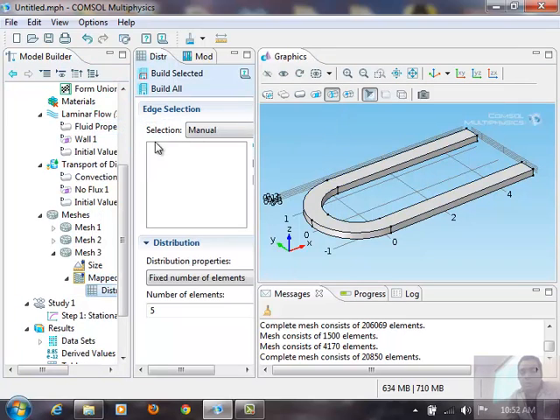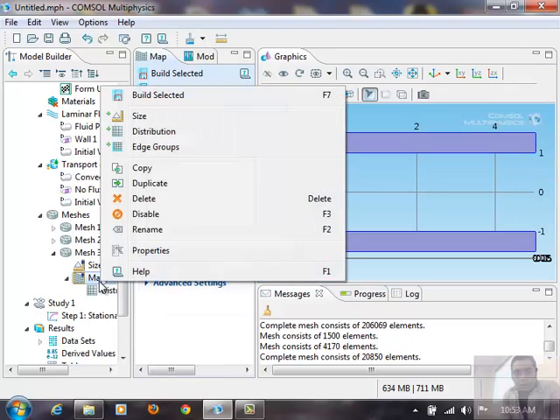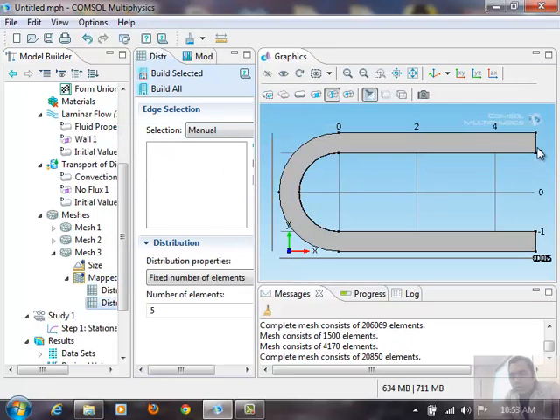In the distribution, I will select these edges. These are my straight edges, so I'll select all these edges and give, say, a number of elements; maybe even the curved edges I can select in the same one. Depending upon whether you need a finer discretization, you can make it in a different group. But if I select all these and give 30 elements along every edge, I can do that, and then I will add another distribution for these two edges, so pressing Ctrl and right click,